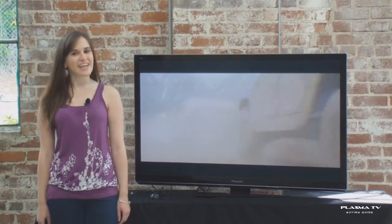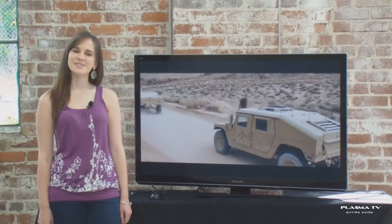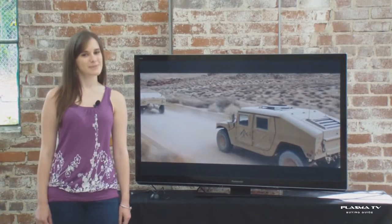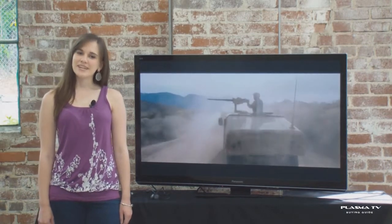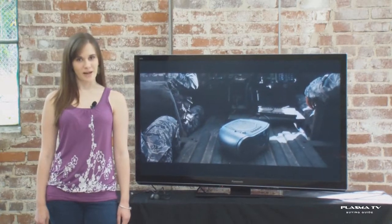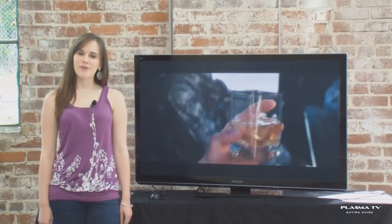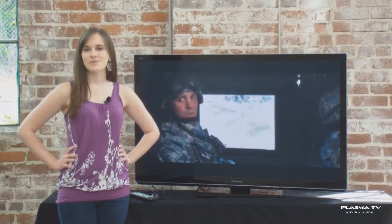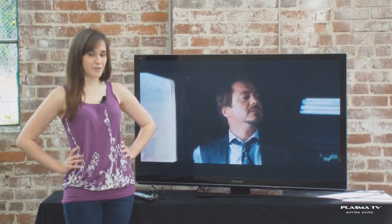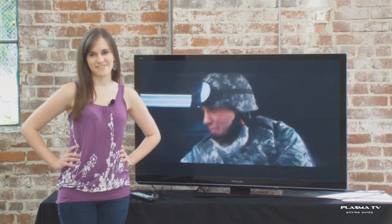The GT30 line represents the second highest price and featured TV in Panasonic's 2011 lineup, just below the flagship VT30 series. Today we'll be covering some of its features, the picture quality with both high and standard definition sources, 3D performance, value, and our overall score of the TV. This review is of the 50-inch model, but everything in it applies for the 55, 60, and 65-inch models as